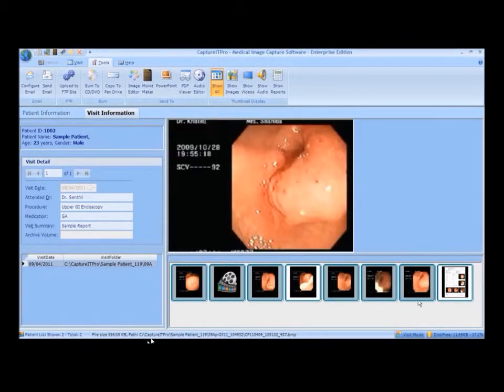PDF Viewer. To view the selected report, click the PDF Viewer icon. Here, the application is integrated with Adobe Reader for easy viewing.